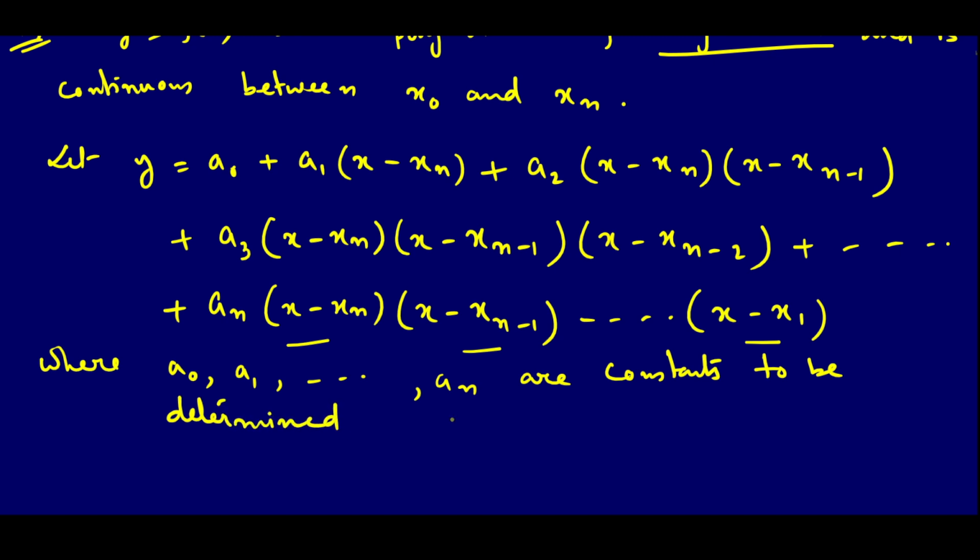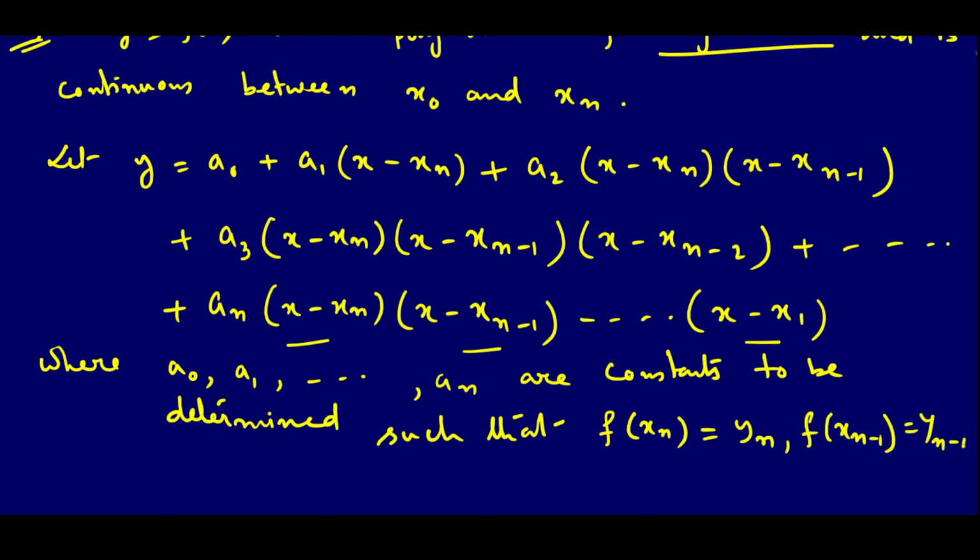Okay, this constant we have to find such that, you'll see, those who have already watched the forward interpolation formula, now it is exactly the same. So there we chose f of x0 equals y0. Here we will choose f of xn equals yn, f of xn minus 1 will be our yn minus 1. In the same way, f of x1 will be our y1 and f of x0 equals y0. So it will just start from the last end. Other things are the same.